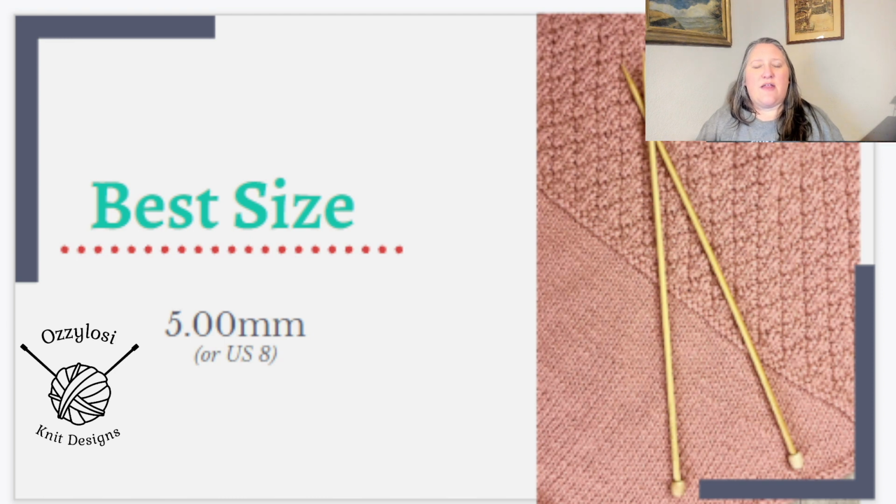One more note about the knitting needles. I just want to say the things again. So you want to get wooden, straight knitting needles in the size 4 millimeter, 4.5 millimeter, 5 millimeter, or 5.5 millimeter, and not 6 or greater, and not smaller than a 4 millimeter. Okay, so the next part of this